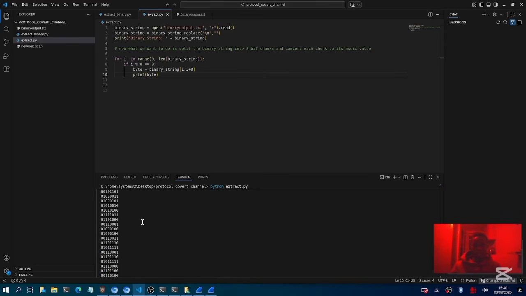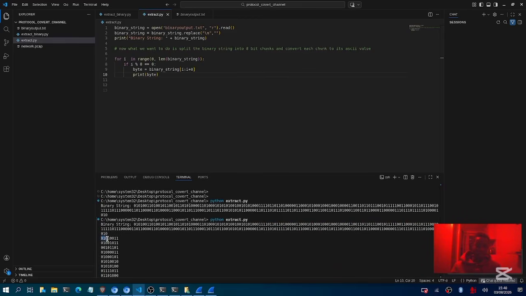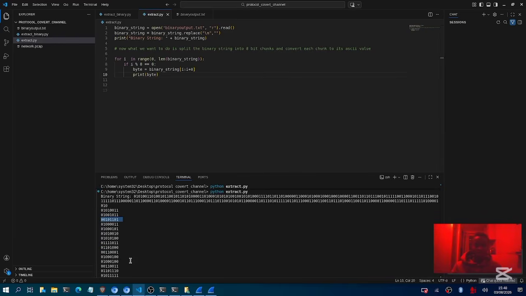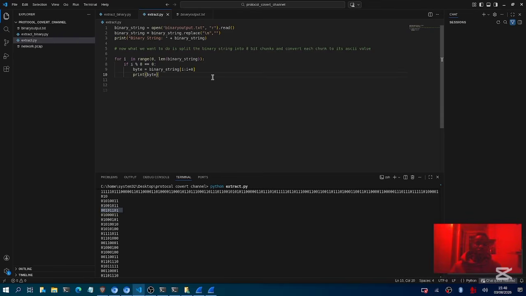You see, now this is being grouped into individual bytes, and these we can use to convert back to decimal. Since this is a full byte, it represents data. This is how computers represent information. Since we have all these bytes, we can now convert them to decimal, and then from decimal to the ASCII characters. To convert it to decimal, let's say decimal value is equal to just int, and then you say byte, the byte string, and then